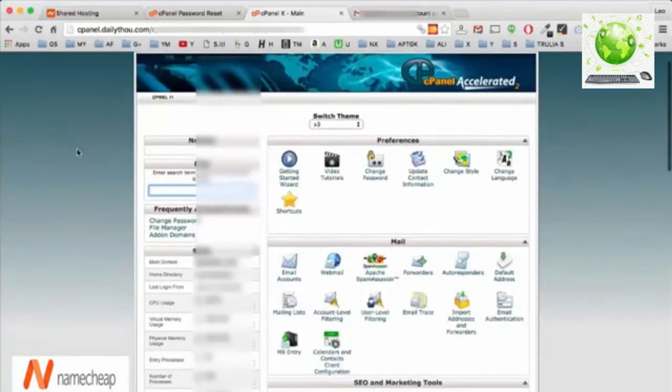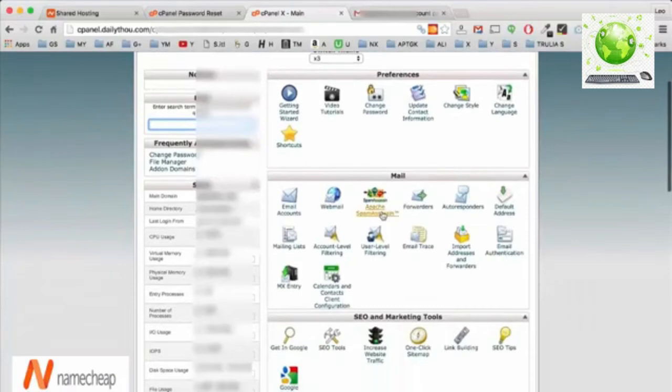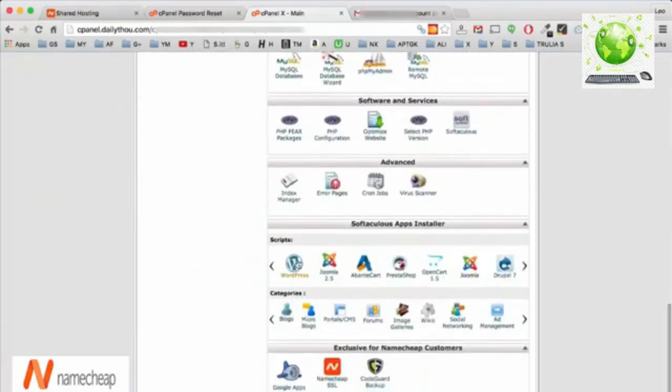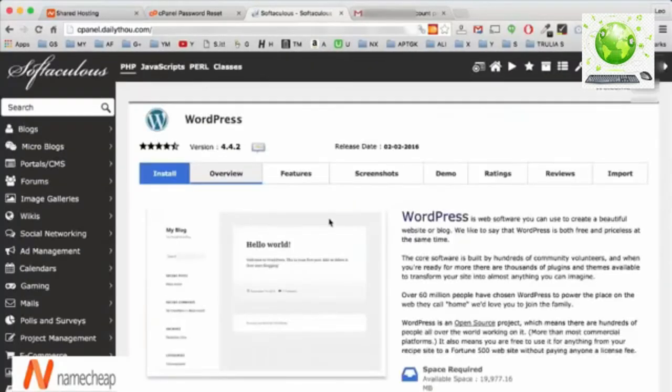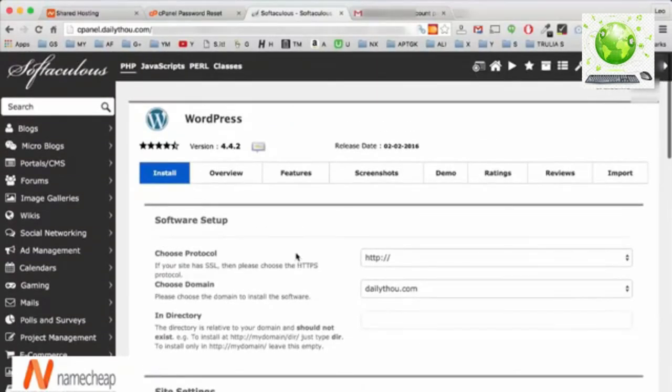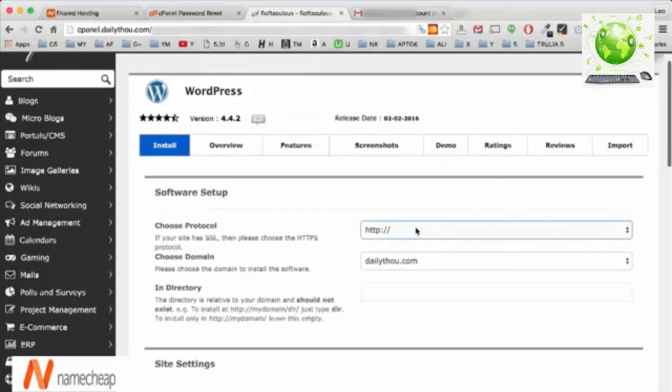Okay, now that you've reset your cPanel, just scroll down and it's time to install WordPress. So click on the WordPress icon here. This takes you to the next page and click the blue install button. Alright, so here are some settings that you need to do before you install it. First, choose protocol. I recommend HTTP